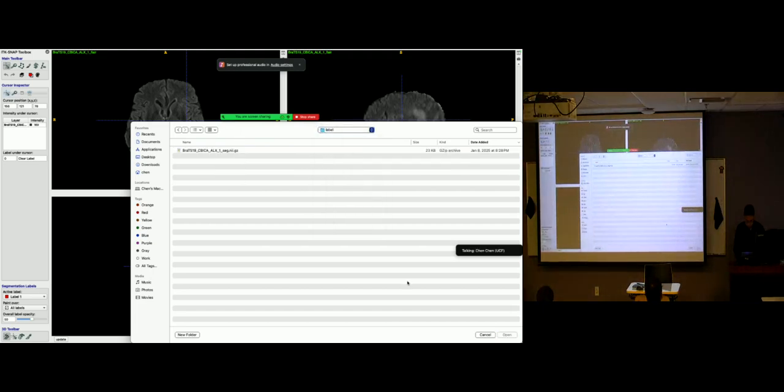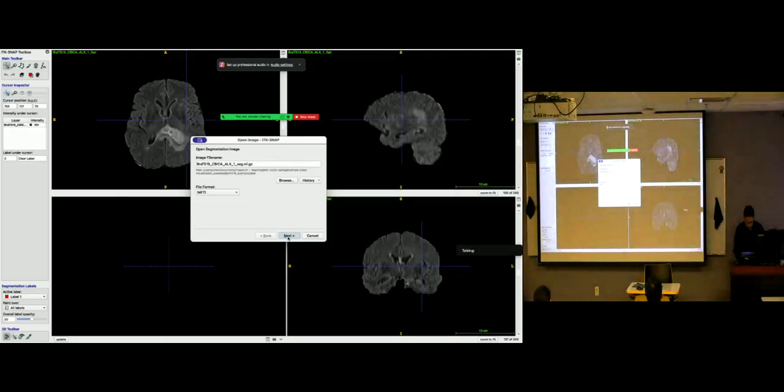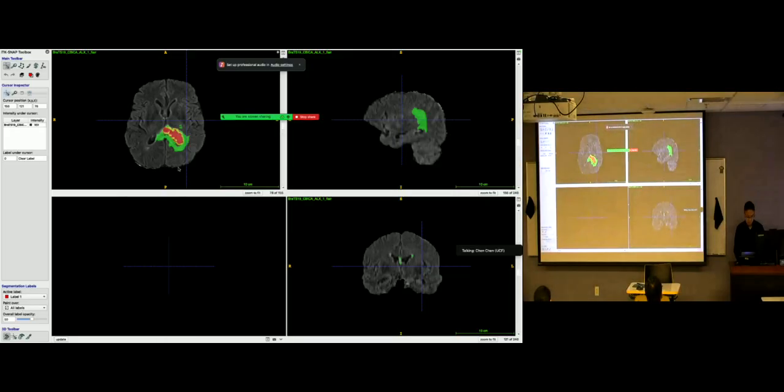This is just for visualization purpose, so you can see where that tumor is. But the label, as he asked, is created, labeled manually by a human expert. Yeah. Okay. Any other question?